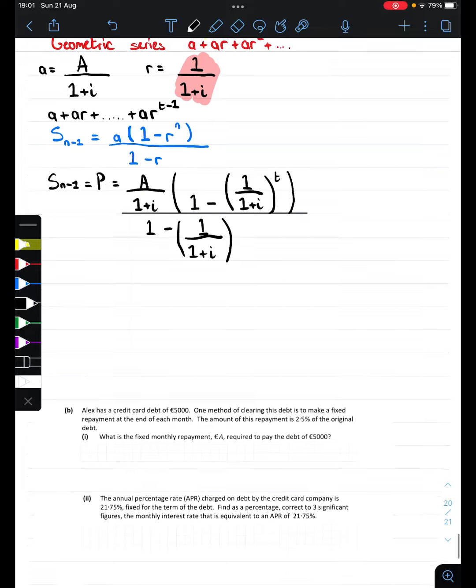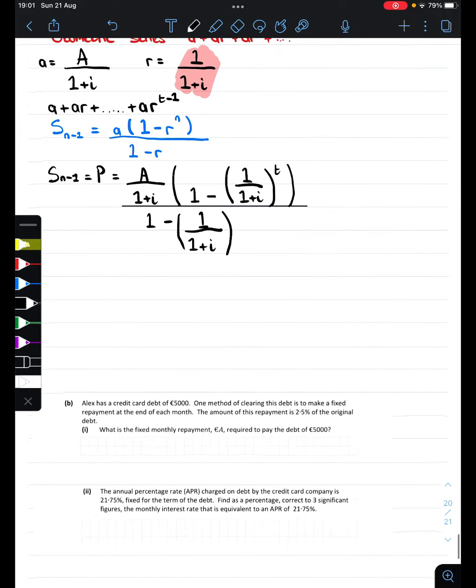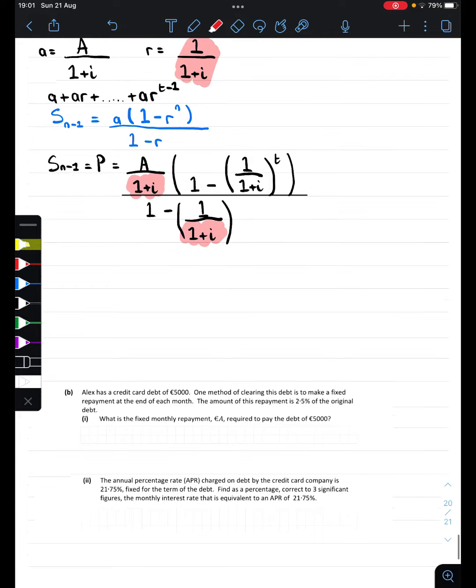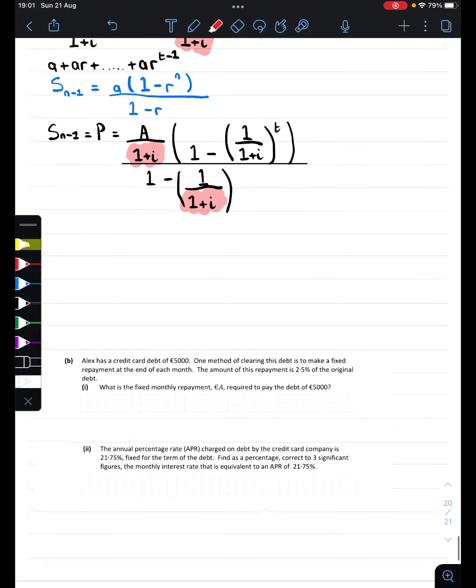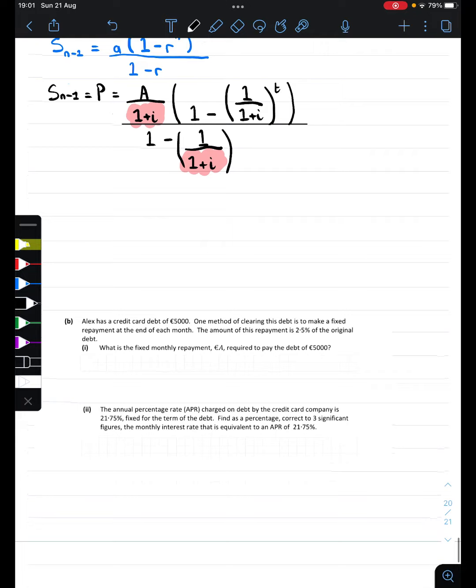Okay, and now we want to simplify this. So if we multiply the top and the bottom by 1 plus I to get rid of this ugly thing here, and it will actually also get rid of this thing here. We don't like having fractions within fractions, so we'll try and get rid of that. So if we multiply top and bottom by 1 plus I, we'll get p equals a